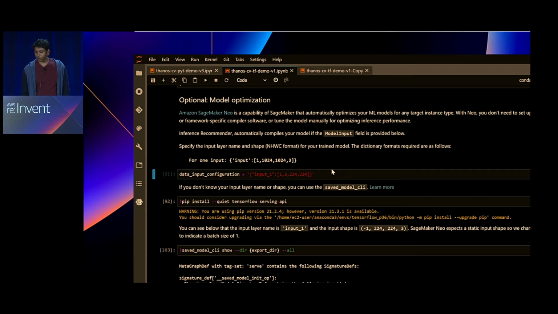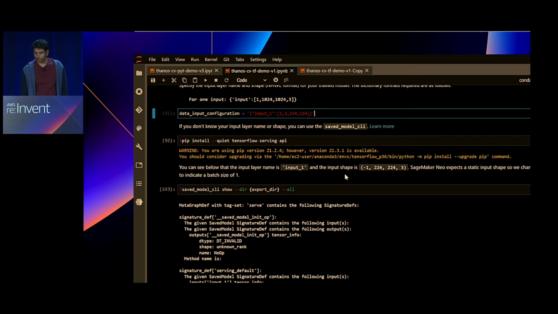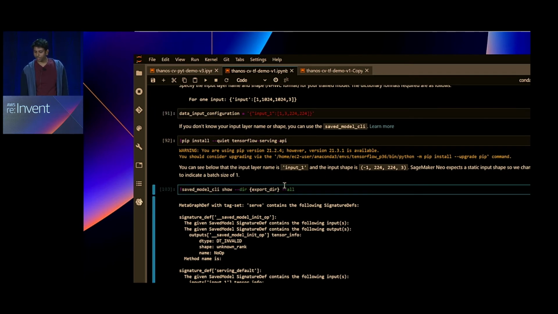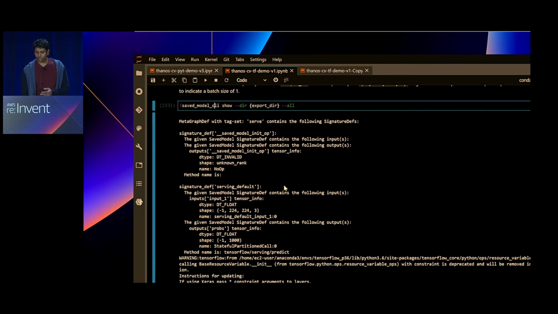The only input needed for SageMaker Neo is this field called data input configuration. It requires your input layer name and the shape of your input layer. I provided all this code, but basically there's a very useful CLI tool from TensorFlow called SavedModel CLI that you can point at your model directory, and it'll give you the shape of your model.